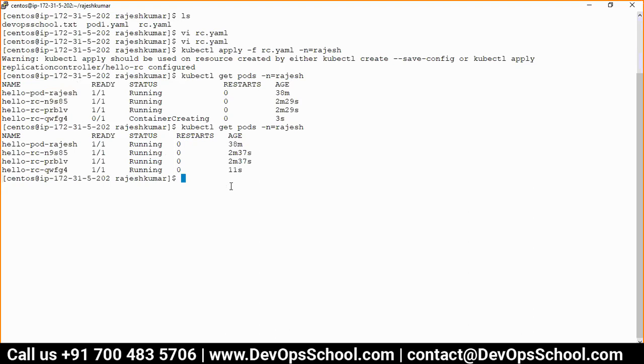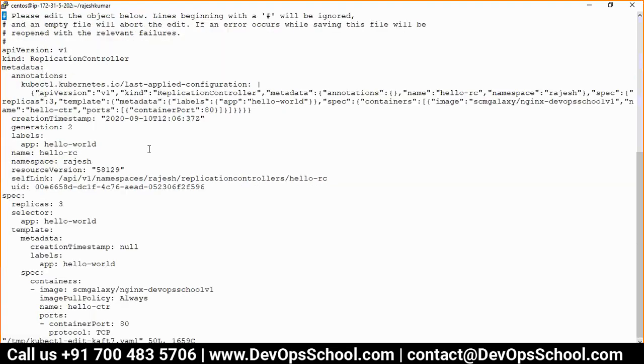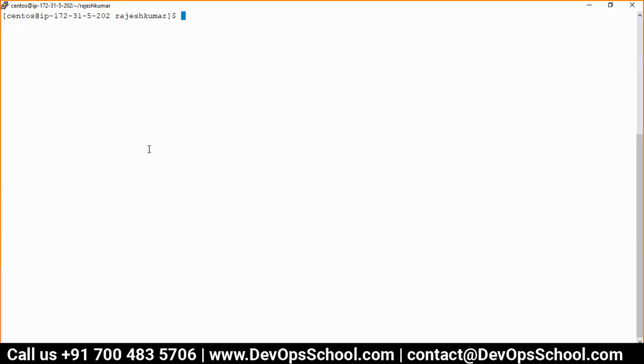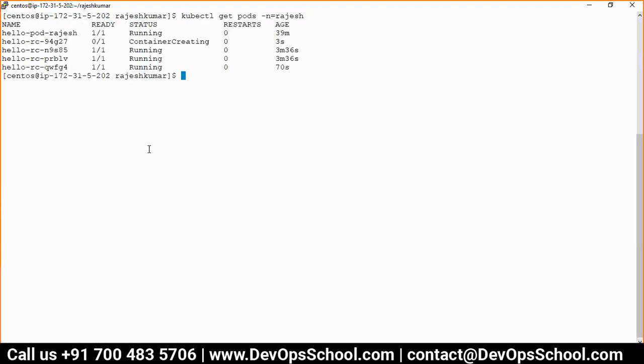Okay. So now, is there any other way to scale? So kubectl edit RC. I'm editing. Everything I have taught you, I'm not teaching again and again. These are the same repetitive commands. See here, you can edit what you want. Replicas this time you want 4. Okay, and see here, now you got 4.